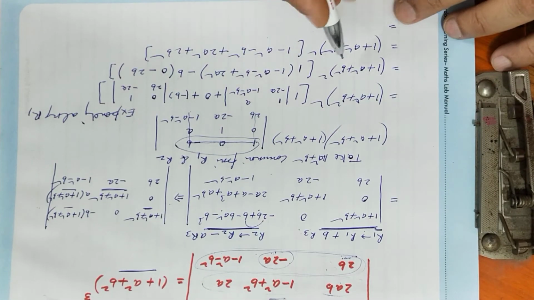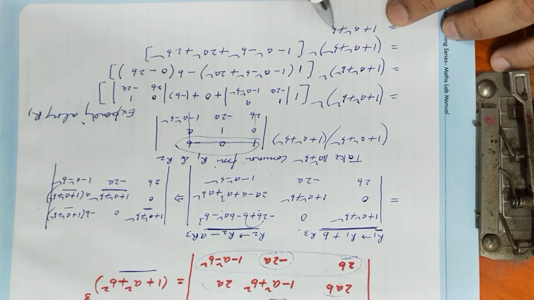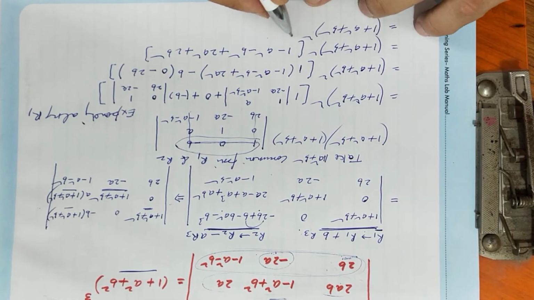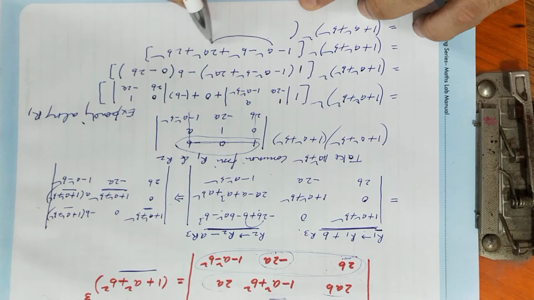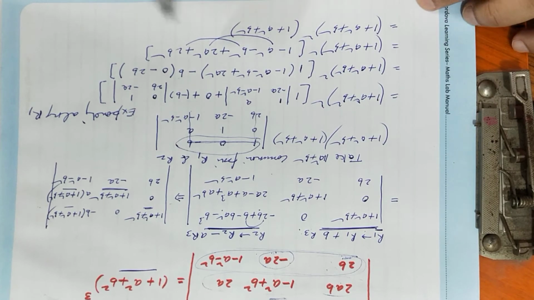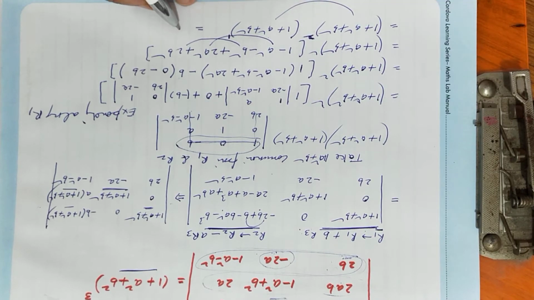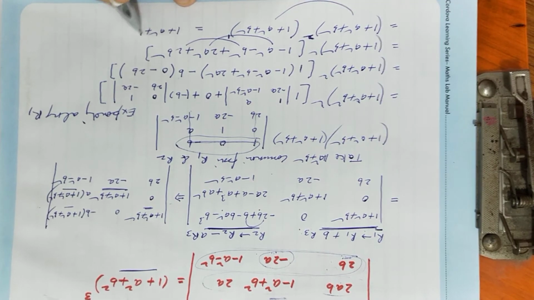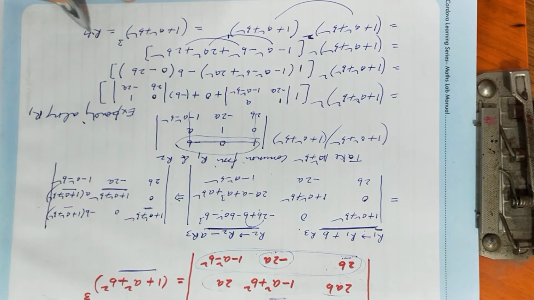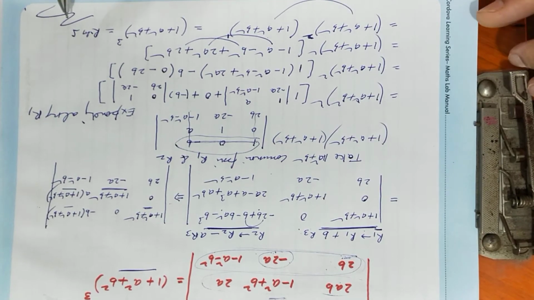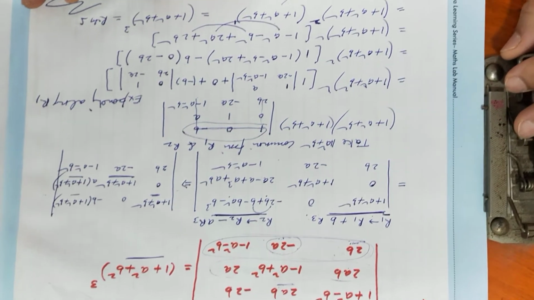Okay, simplified further: 1 plus a square plus b square, its whole square. These are like terms, these are like terms, these two are like terms. After simplifying these, what will you get? You will get 1 plus a square plus b square, and these two are exactly the same. Square here, power 1 here. So when you multiply these two, 1 plus a square plus b square, it becomes a cube, and that is your RHS. Got it? It was question number 13.